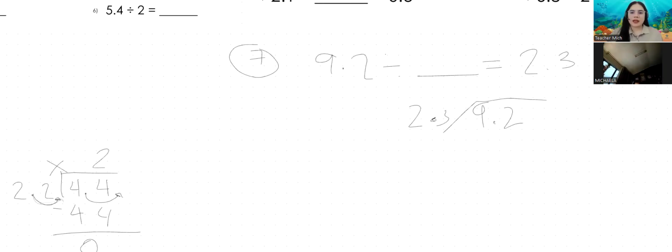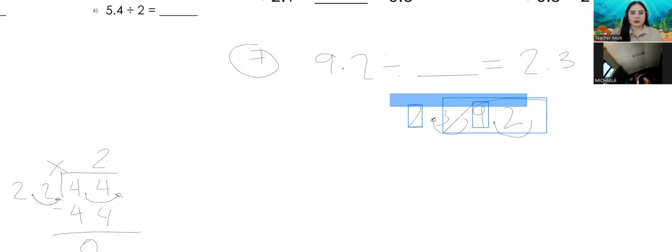Okay. Now, Micaela, what can you see outside our long division symbol? Very good. How about inside our long division symbol? Start at our point and then move going to the right. Okay, very good. Now we have here, anak, 23 and 92. Now, how many 23s are there in 92?